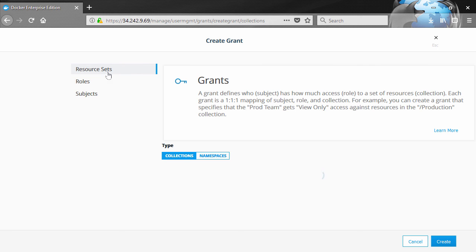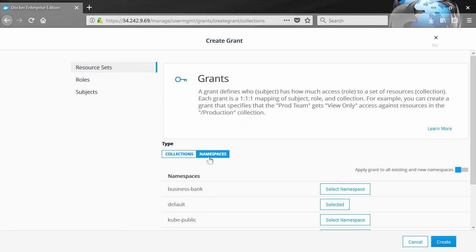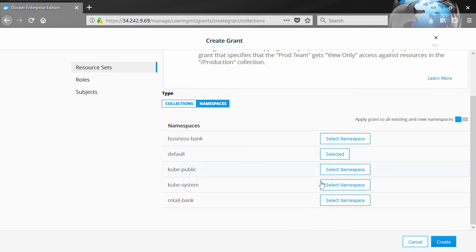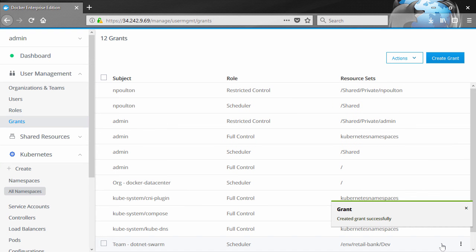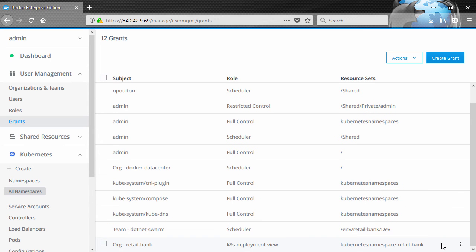And I think we'll say you can have those permissions on anything here in the retail bank namespace. Okay. And there it is, right? Anyone in the retail bank organization gets that custom view deployments role for all deployments in the retail bank Kubernetes